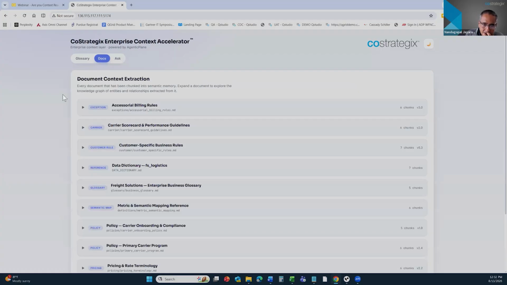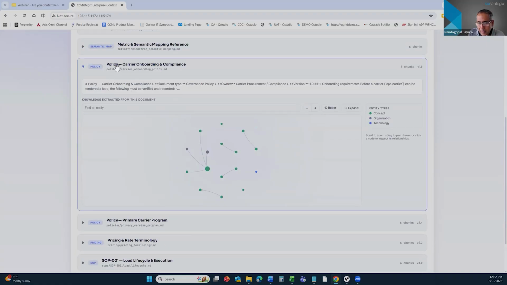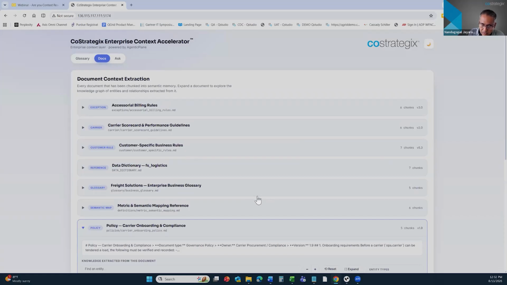If you go into the docs here, this is actually a fictitious transportation logistics company. All the data was synthetically produced using AI. So here, what we're doing, we're throwing all the billing rules, the carrier performance guidelines. This is a transportation logistics company where they negotiate the route and the truck that comes and picks up stuff and fulfills the delivery aspects of it, the different policies. So as and when you throw a document at this, it automatically extracts the relationships from that.